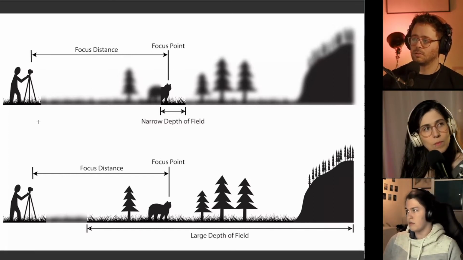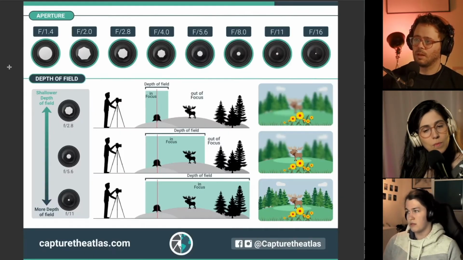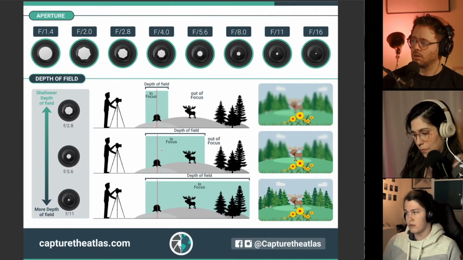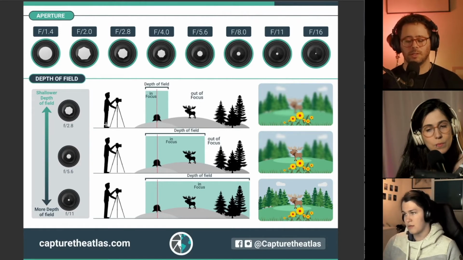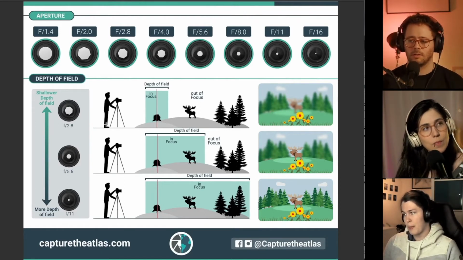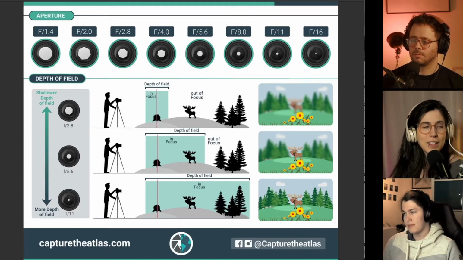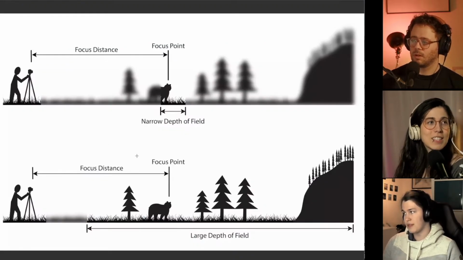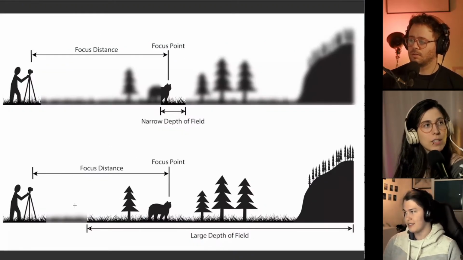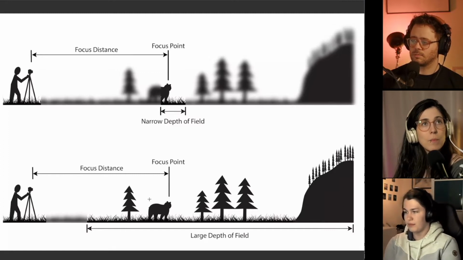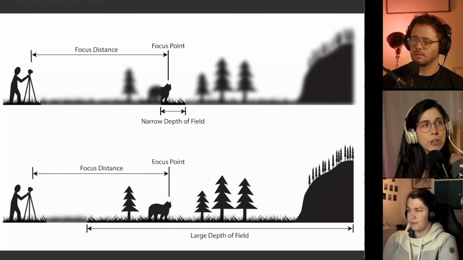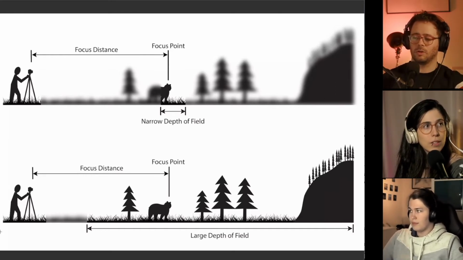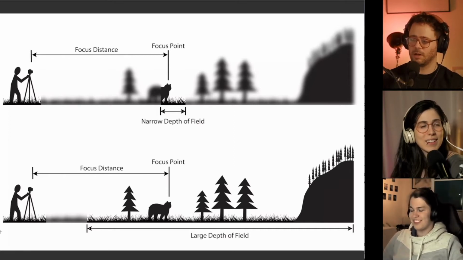Right. I was wondering if this one shows what I wanted to talk about. No. What I wanted to talk about is also the relation between depth of field and focal length. That's another lesson for another day. It will affect it. It's just one more thing to have in the equation. The depth of field will be different at a given f number. All right, I'll prepare a slide for later and we can talk about it.